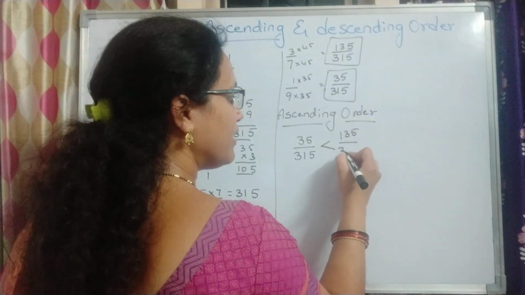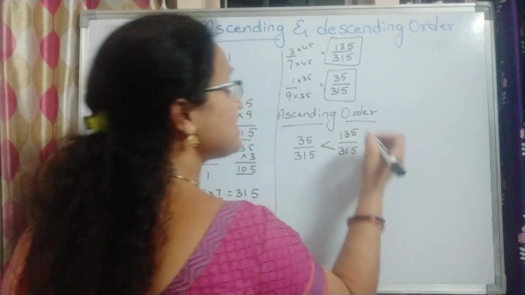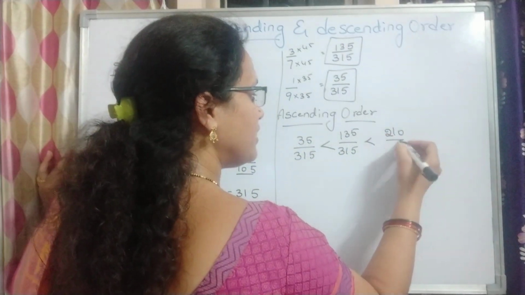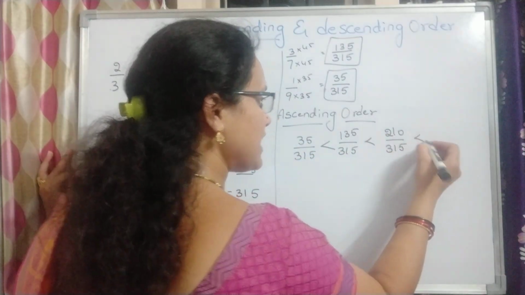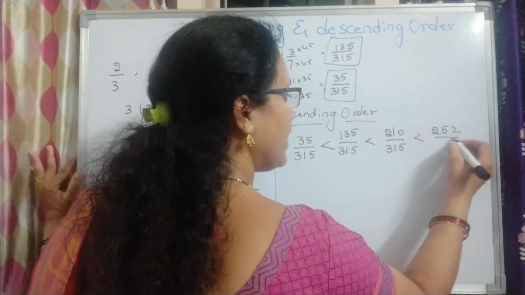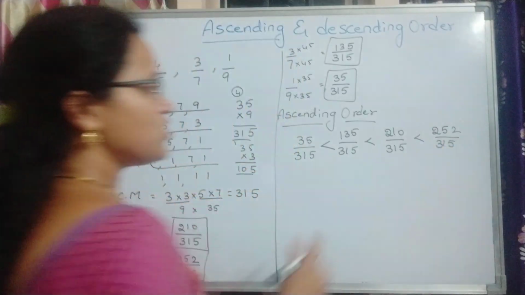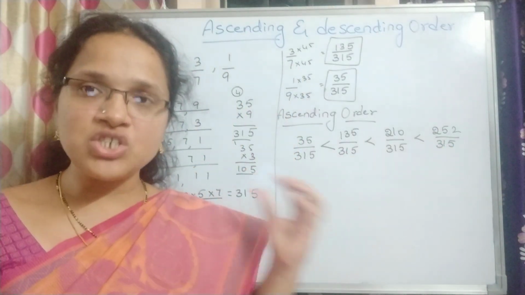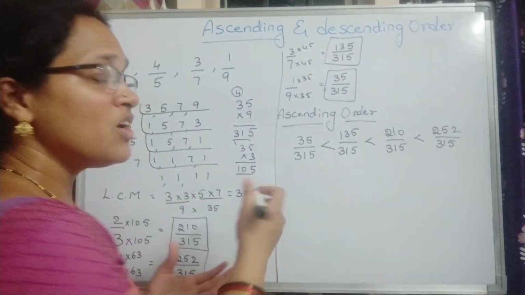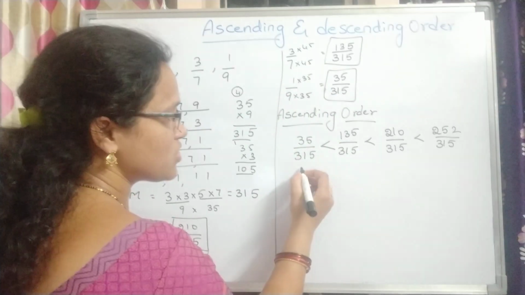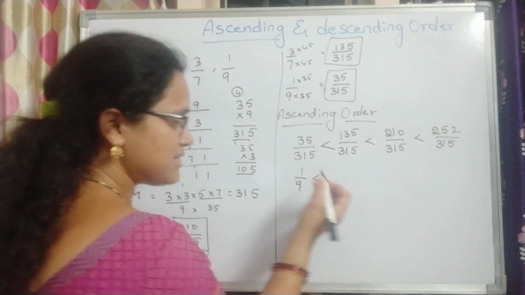Then the next number comes: 135 by 315 is less than 210 by 315 is less than 252 by 315. Children, after writing these numbers, you should actually write the original fractions which are given. Which fraction is converted to 35 by 315? 1 by 9. So, 1 by 9 is less than